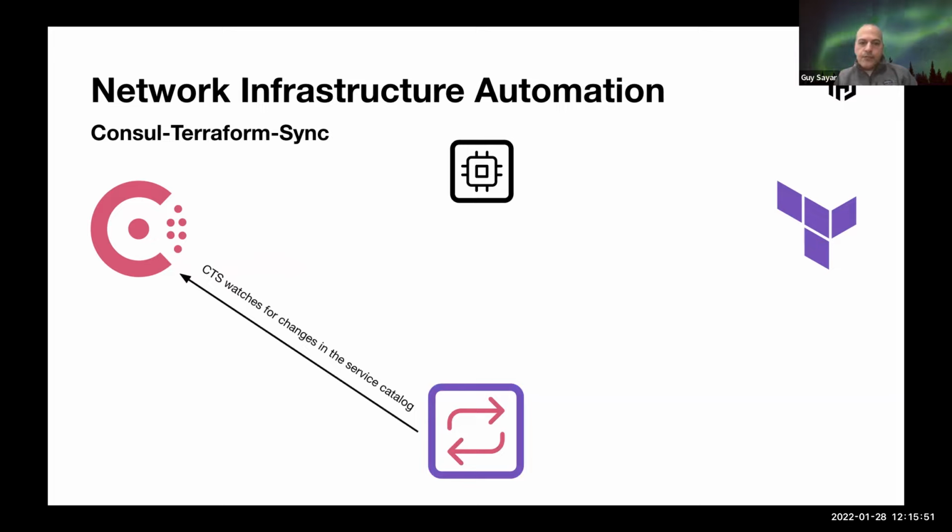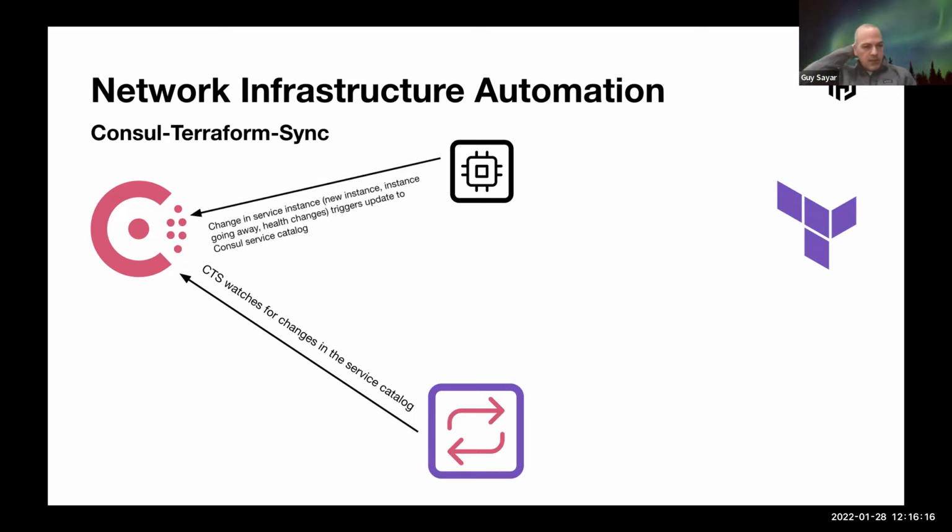CTS sits there and watches, right? Key-value store, events. That's the fundamental of Consul. So CTS connects to Consul and subscribes to events, or watches for events on changes for services, for applications in the runtime space. And then that box represents something that happens. That could be a proactive update of an instance, a scaling event, a failure event. So regardless of the activity, it happens in reality, and Consul has a view, right?